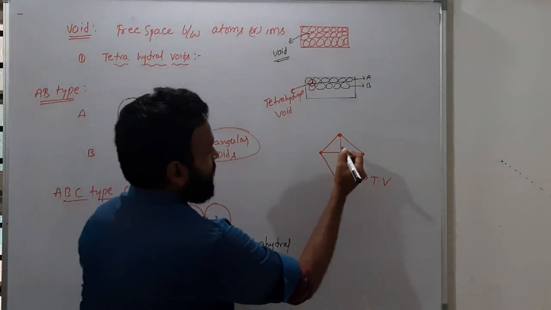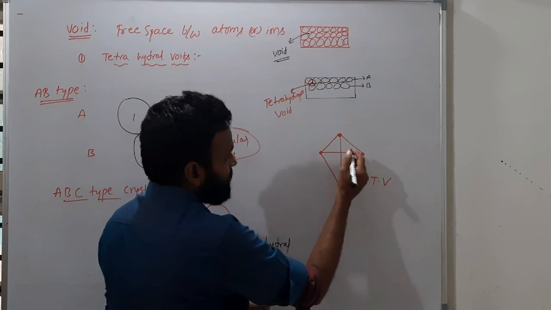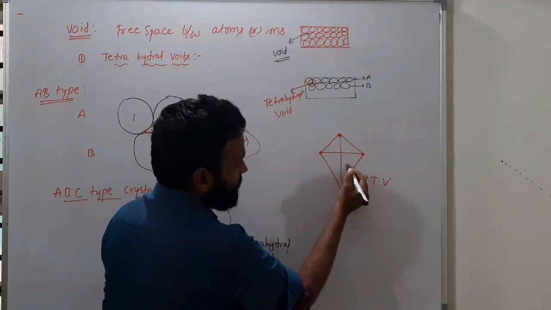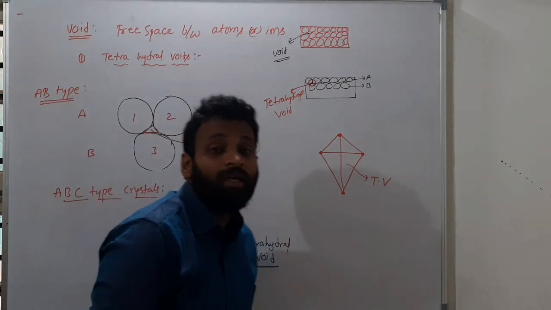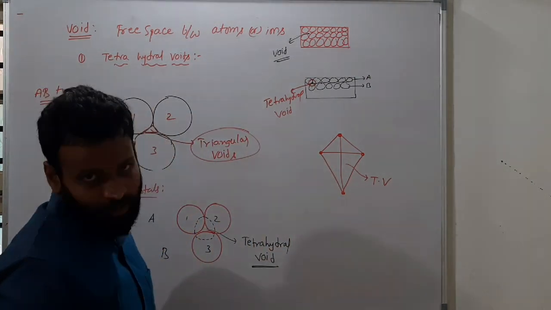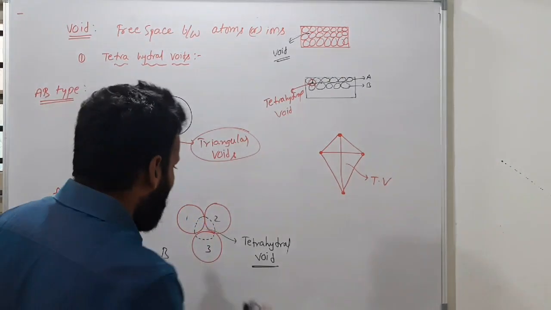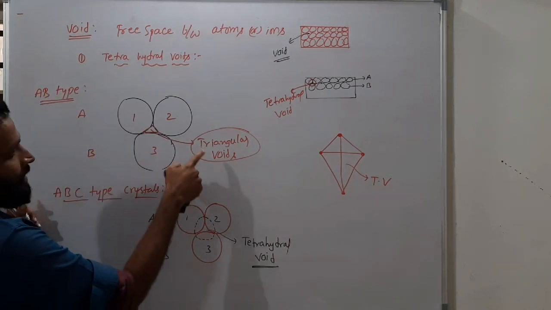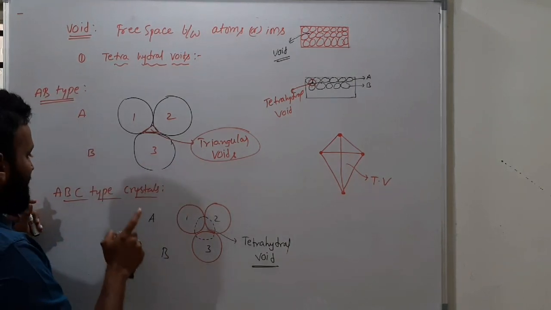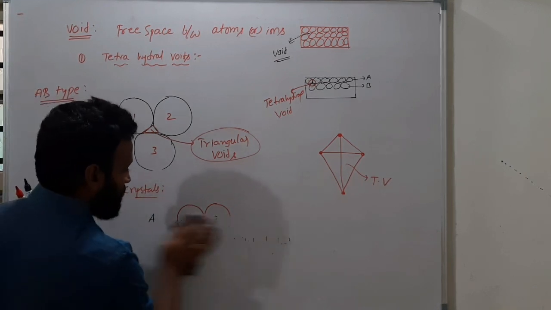So this is about tetrahedral voids. Here you have 3 atoms and this is the 4th atom. So between these 4 atoms there is a vacant space, and that vacant space is called, what that is called? Tetrahedral void. Okay, so how tetrahedral void will form in FCC, I'll show you now. Take a screenshot. I have shown how triangular void forms, and how tetrahedral void forms. Take a screenshot and write down all these things.